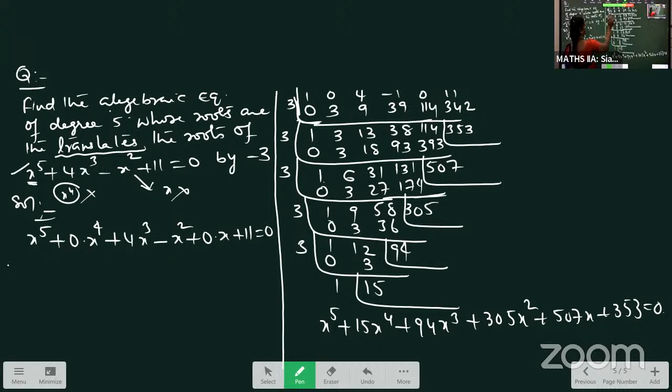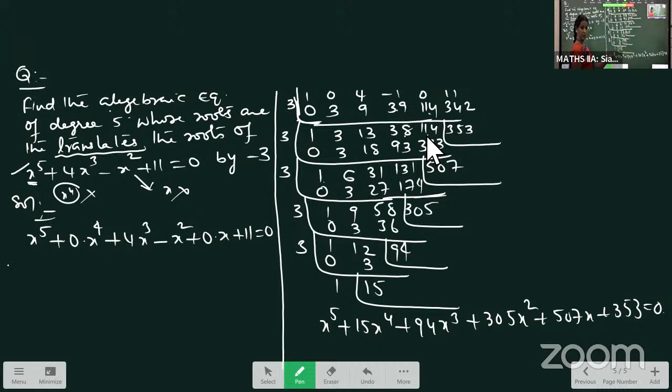You keep 0. 1 into 3 is 3, 3 3s are 9, and again 13 3s are 39. 38 into 3 is 114, 114 into 3 is 342. So add both of them. Whatever value you get, keep it in the corner, 353. Again you do that, you keep the last values in the corners, and then you write this one as